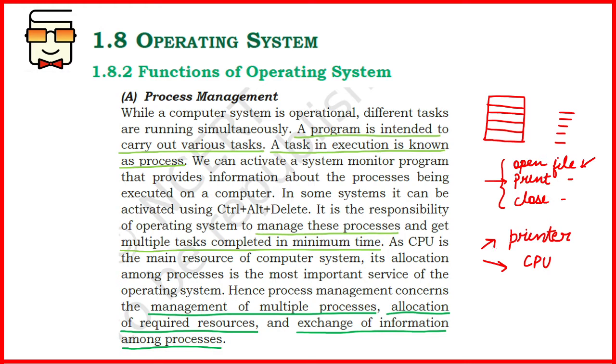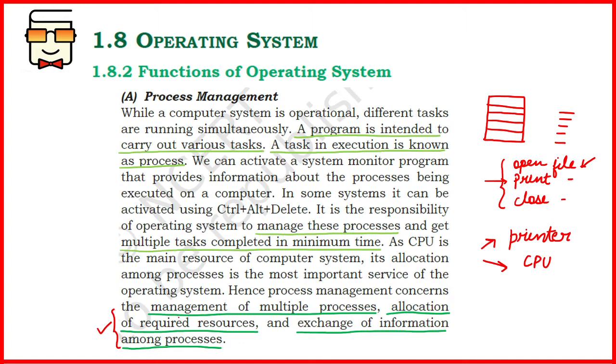Process management involves multiple things. It means performing multiple processes in a time bound manner, and how to perform those processes must also be managed. Different processes must be provided with the required resources that they need. If a process needs CPU time to perform some calculation, then the CPU must be allocated to it in a timely manner. If it needs some hardware device, or needs to store something, then that hardware device must be made available to that process by the OS.